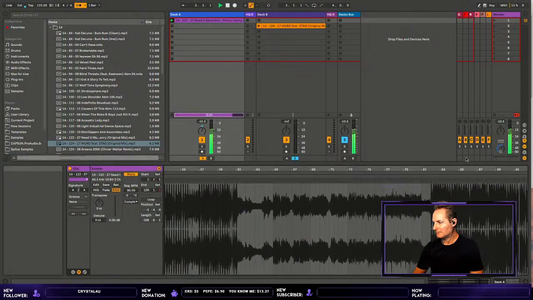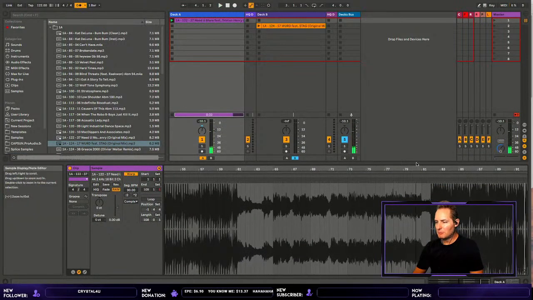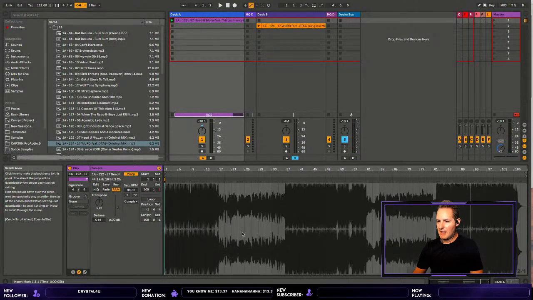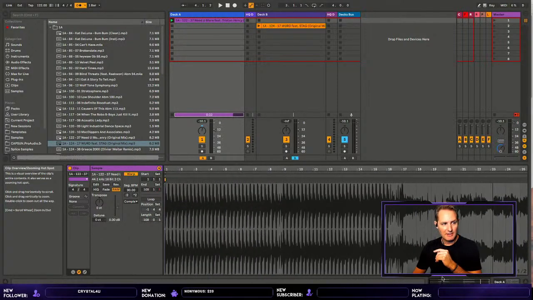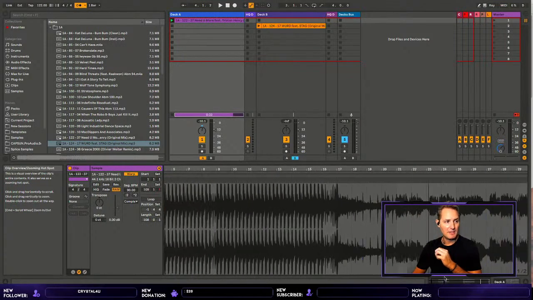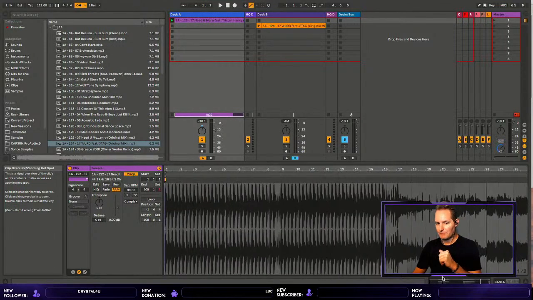All right, and a lot of you guys may not be comfortable working in this capacity here with the sample editor. Again, to create a warp marker, all you have to do is double click, and to move around, all you have to do is use the little window right here at the bottom. I don't know if you can see it because of my camera, but that's basically what's going on. All right, and then after that,